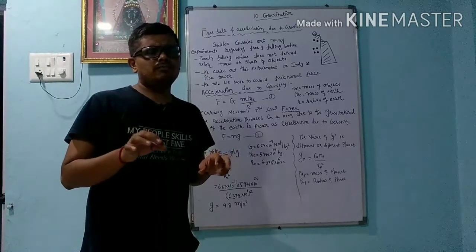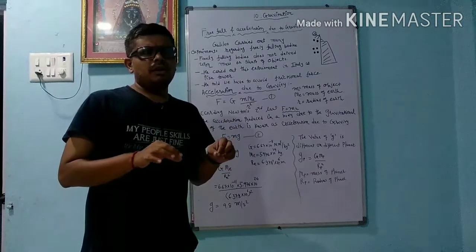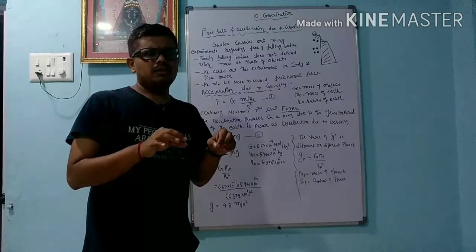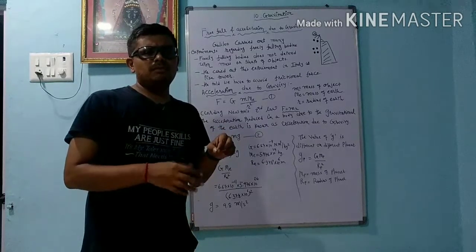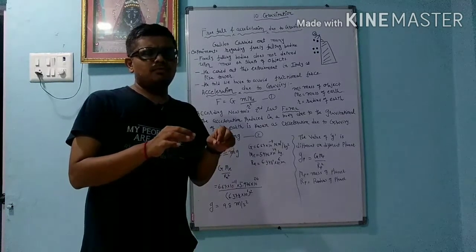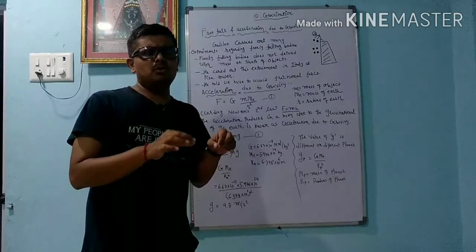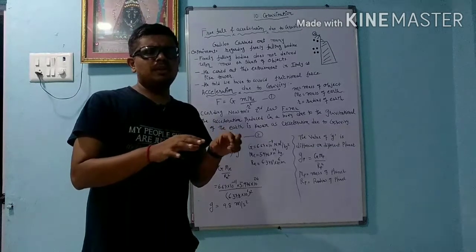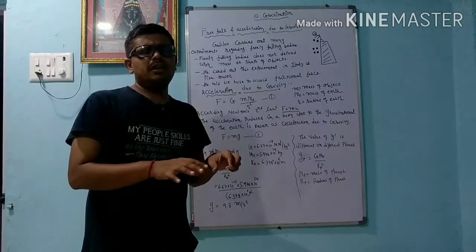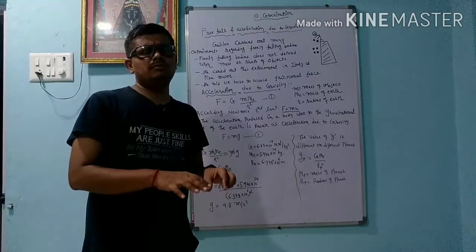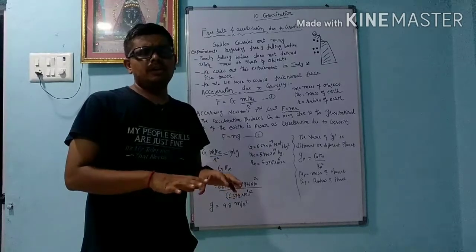Take a 1 rupee coin and a 5 rupee coin. Take them from the same height. At the bottom you keep a steel plate, and drop the 1 rupee coin and the 5 rupee coin. Both masses are different. When you drop them, you notice that they both reach the bottom at the same time. It indicates that